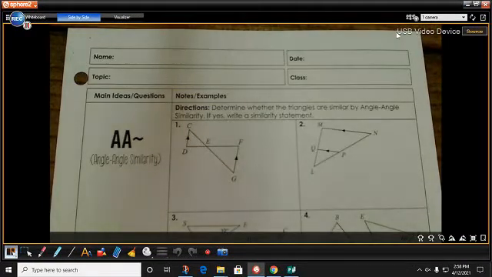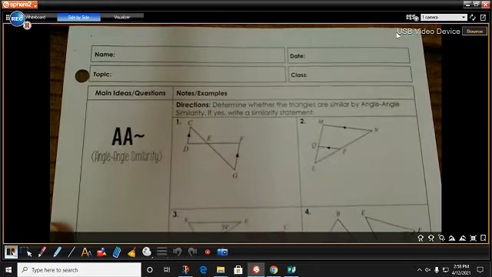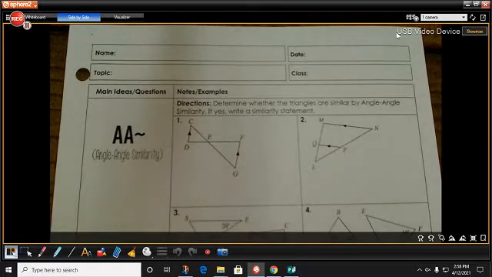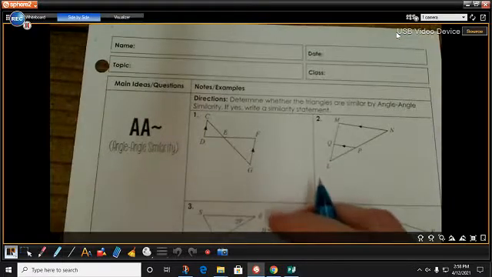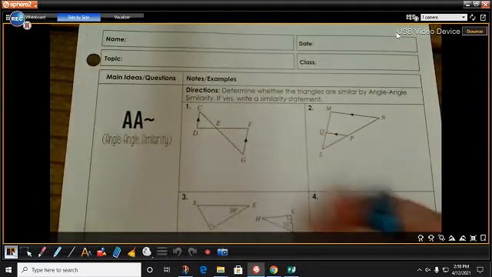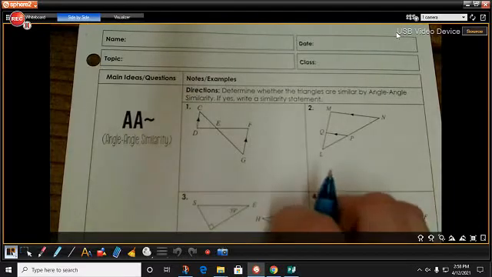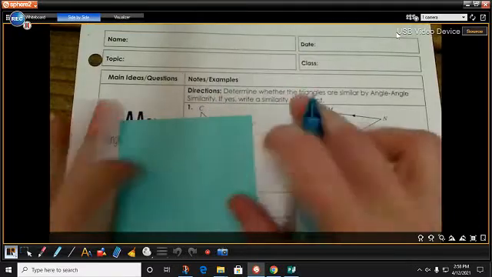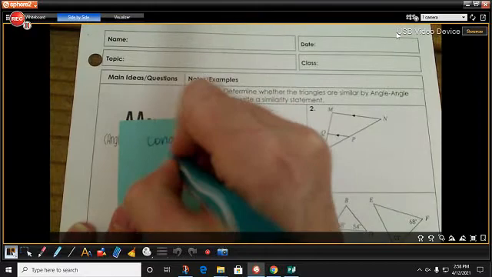Hi geometry peeps, welcome to Unit 11 Day 2, and we are going into Similarity of Triangles. What we're doing is determining whether or not triangles are similar based on different similarity schemes, just like we did when we were doing congruent. Now if you remember back in the dark ages when we did congruent triangles,